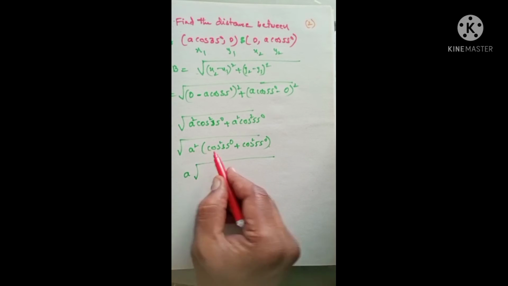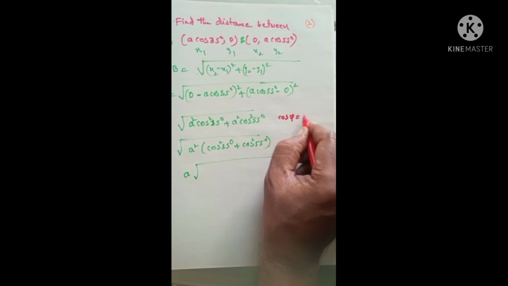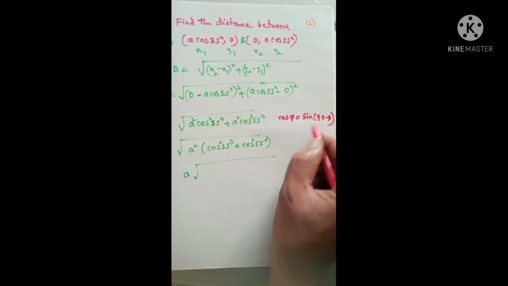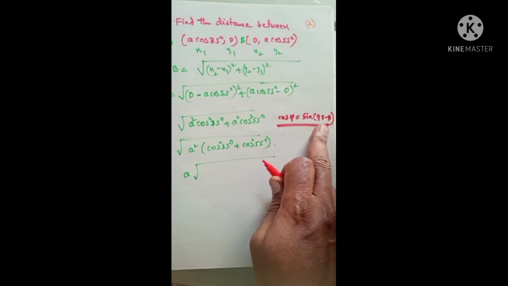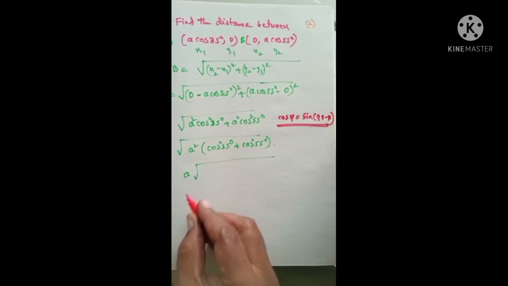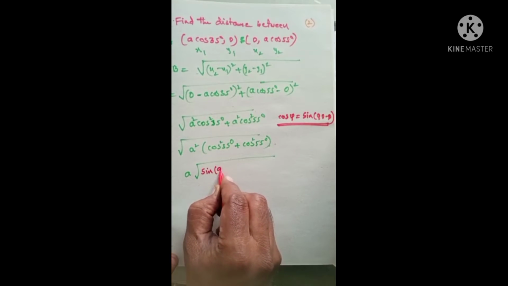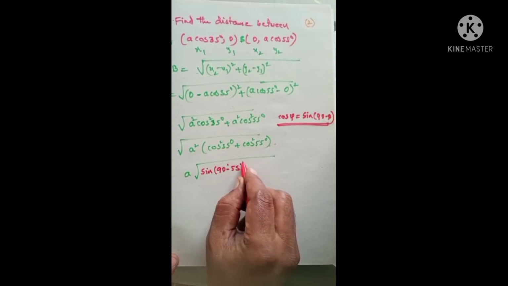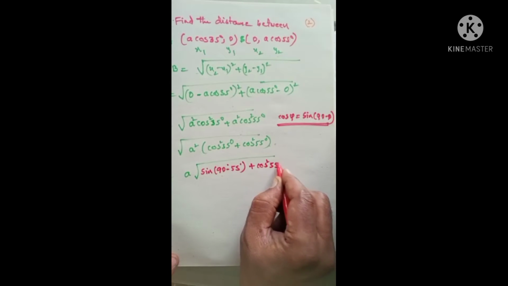Cos theta is equal to what? You know that cos theta is equal to sin of 90 minus theta, is it right? These are complementary angles, we learned it. So cos theta is equal to sin of 90 minus theta. So cos 35 I can write as sin of 90 minus how much, beta? 55 degrees, plus you write it as it is, cos square 55 degrees.